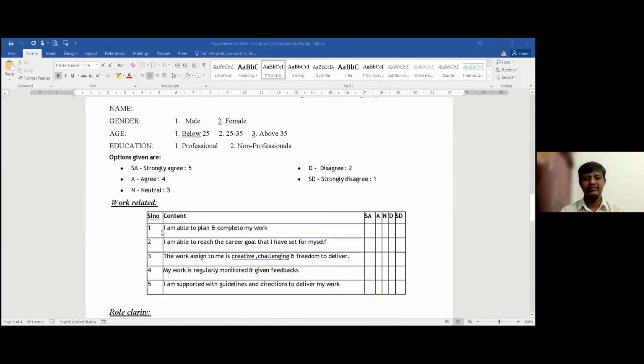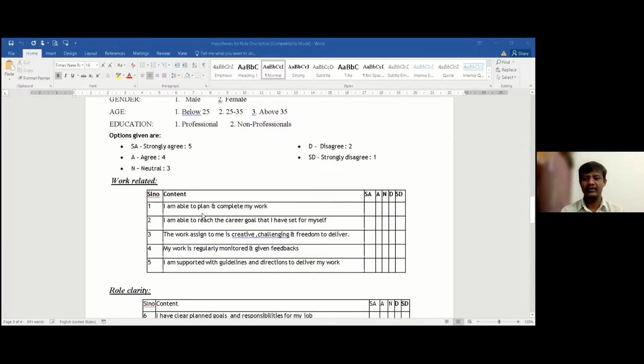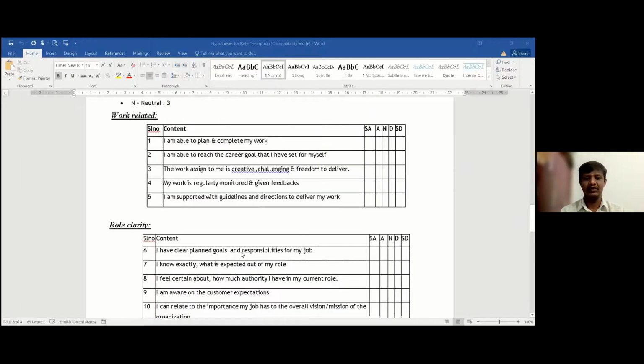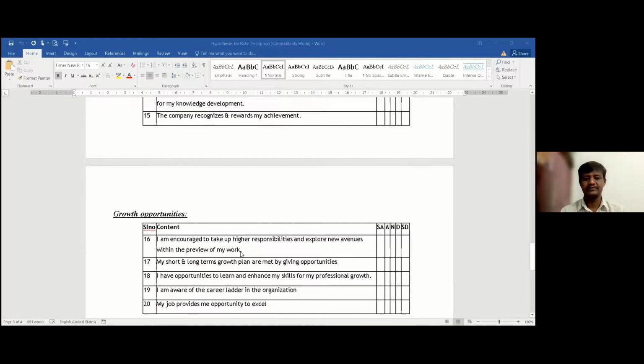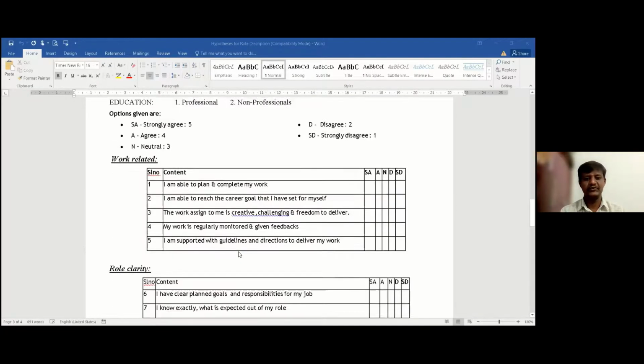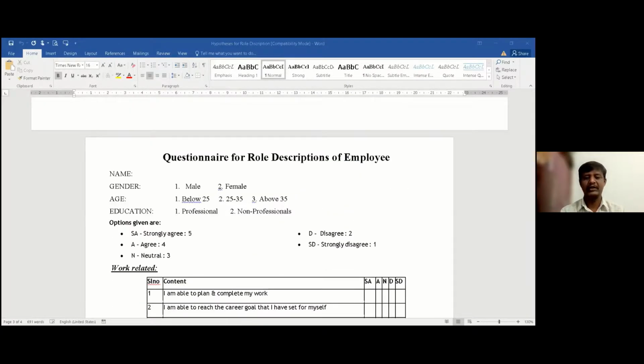For each of the variables, we have 5 different statements. So altogether, for studying these 4 variables, we have 20 statements. The responses for this questionnaire are given in your Excel sheet.